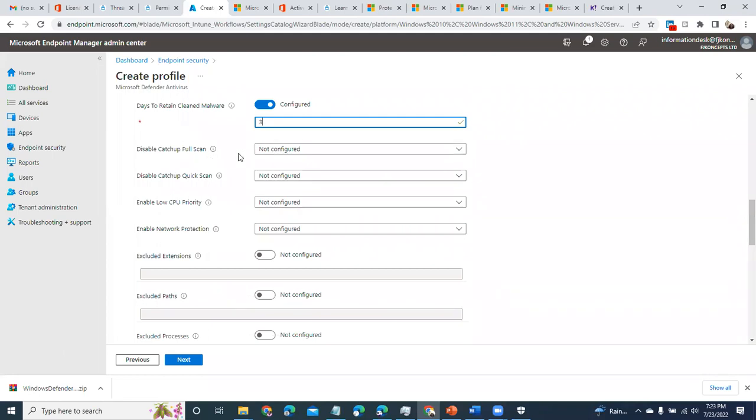So if you schedule a full scan and the system does not scan within that time, catch-up full scan is where you're saying that if we're supposed to scan every system by 10 o'clock every Friday, and Joy's system didn't scan by 10 o'clock, when can you scan again? So for systems that miss a scan, you move to the next date of the scan. So this is where you do catch-up scan. And then no CPU resources priority, yes.